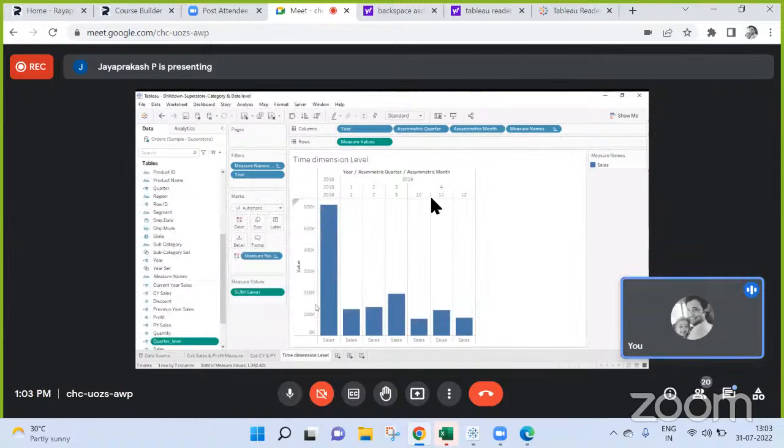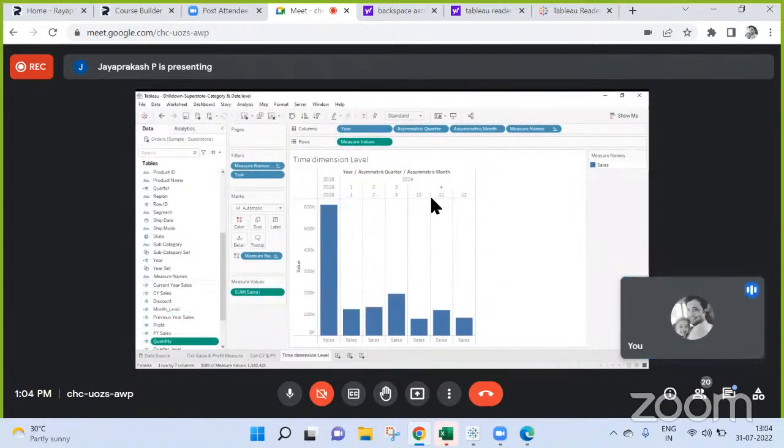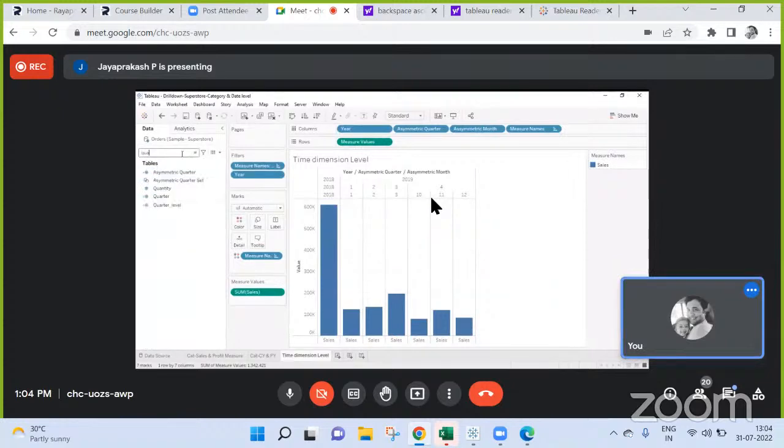Again, for month, for the same, you can create month. Make that a dimension. Month underscore level. Okay. Month of order date. Apply. Make both of them dimensions. Convert them to dimensions. Quarter level, not quantity. Quarter level. Convert that into a dimension. And also month level. Now bring both of them to the detail.